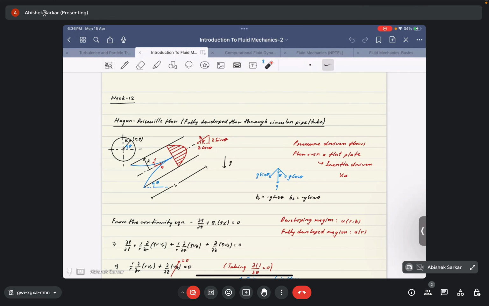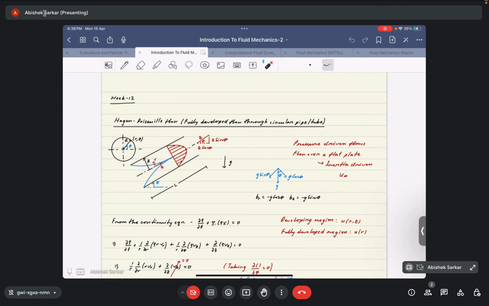Okay. So we are dealing with flow through pipes, and those kinds of flows have an exact solution. Flow through pipes is also popularly known as the Hagen-Poiseuille flow, which is one of the exact solutions of the Navier-Stokes equation. Exact solutions in the sense that we are able to find a closed form analytical solution of the entire governing equation. By this I mean that we start with the entire governing equation, but we cancel out the terms